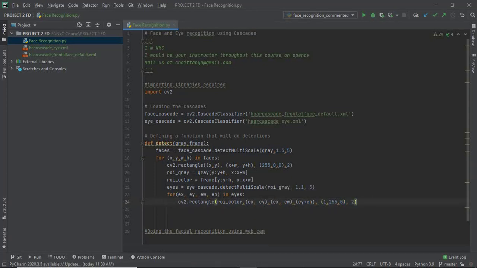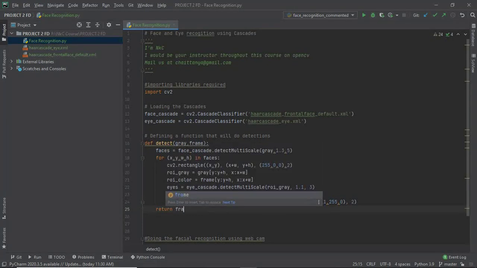Then let me return the image with the detected rectangles. Return the detected rectangles to the frame.